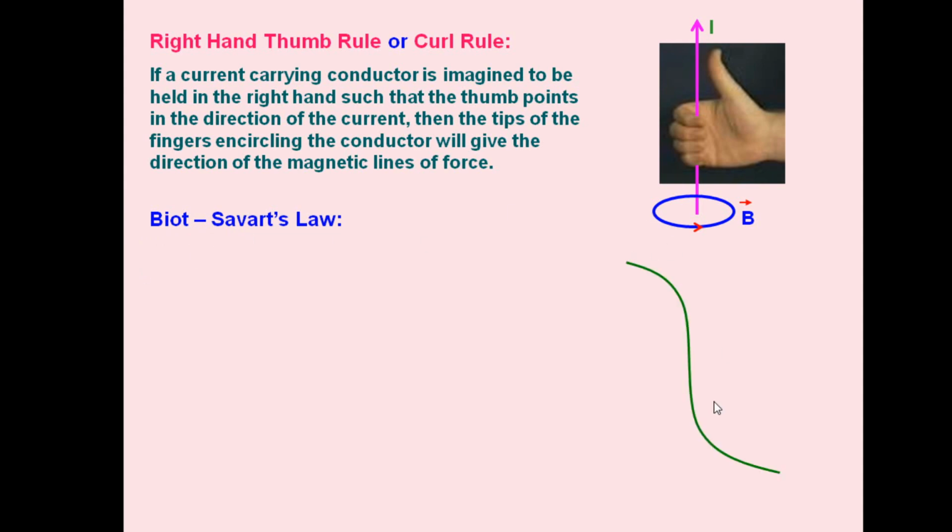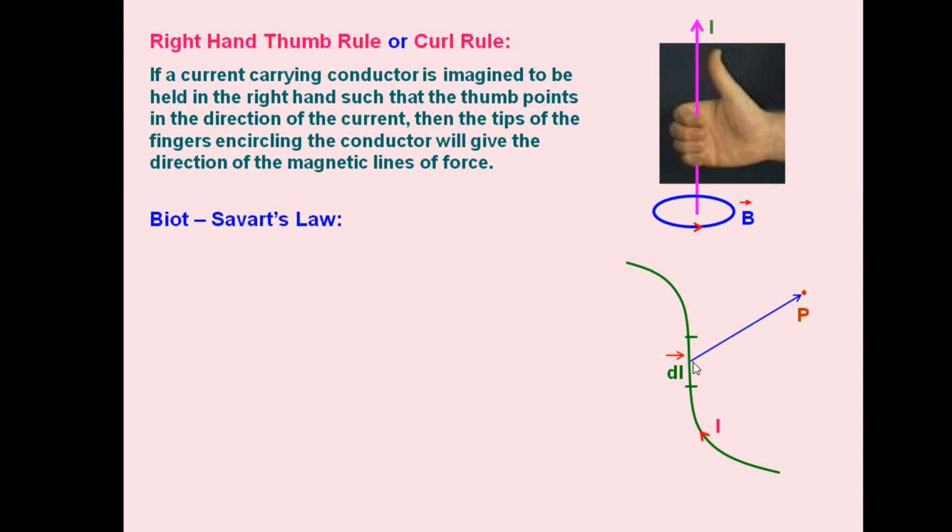According to this, if we have a wire of any shape and current I is passing through it, and we have a point P, at this point P we can find the direction of magnetic field as well as the magnitude. For this, we have to assume a small portion of this wire, known as dl, with current passing through it. This small portion is called an element having current through it. So I into dl will be treated as the current element.